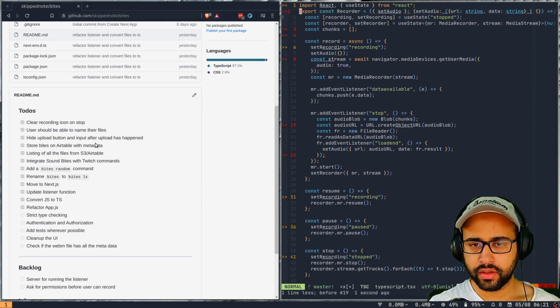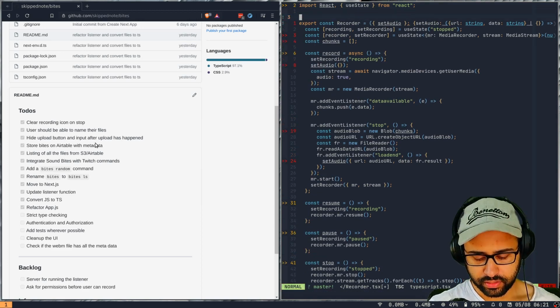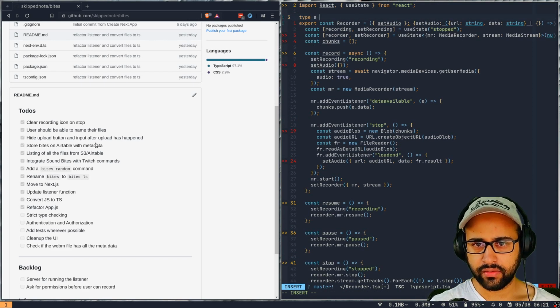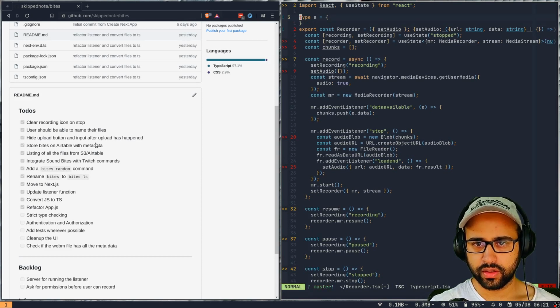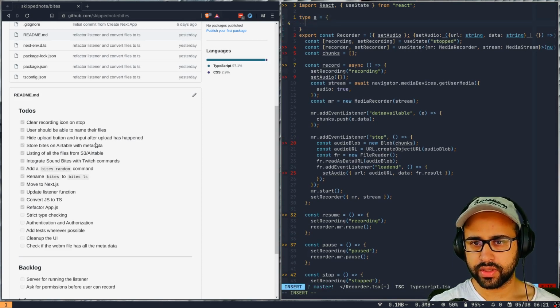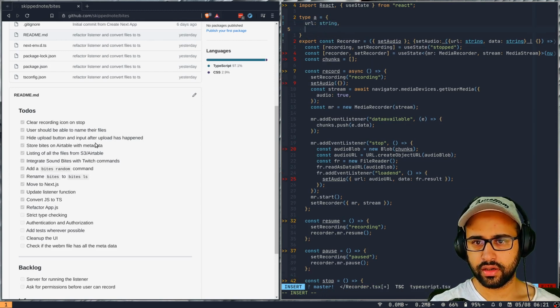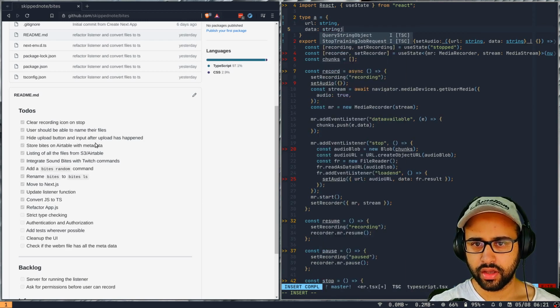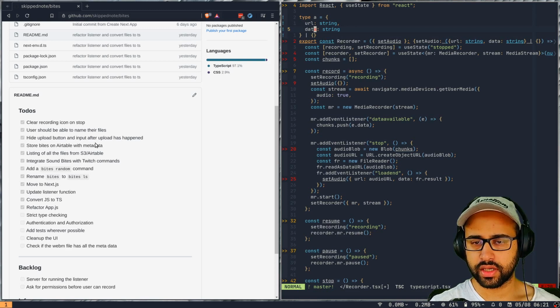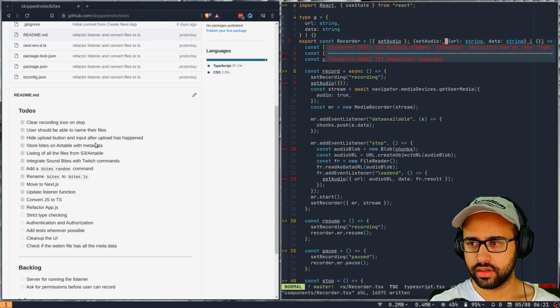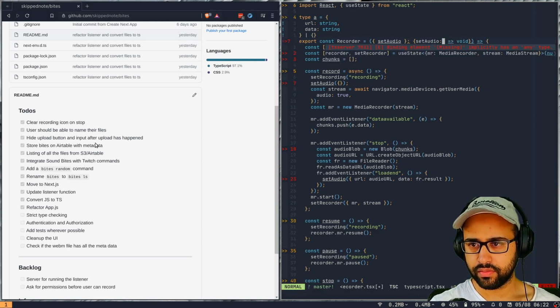Let me just create a type. We'll call it A for now, and this would be equal to, it's either an object with URL where the URL is a string and then data is also string, if this is one scenario, and then the other scenario is basically an empty object, right? So this is fine, and then instead of using this here, I can just use A here.